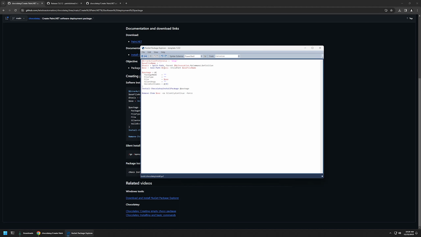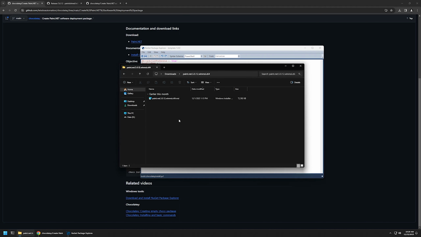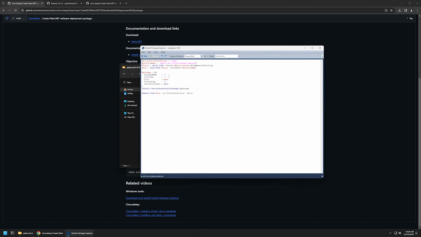And for it to work, we need to provide a few values. For example, here I need to provide my installation file name, and for that I will go to my Downloads folder. Inside of this folder, right click on the installation file, rename, then I will select full name to include the extension, right click again and copy the name. Now I will go back to my package and insert the value here. For package name, I will enter PaintNet. Then for the file type, I will enter MSI because our installation file has .msi extension,